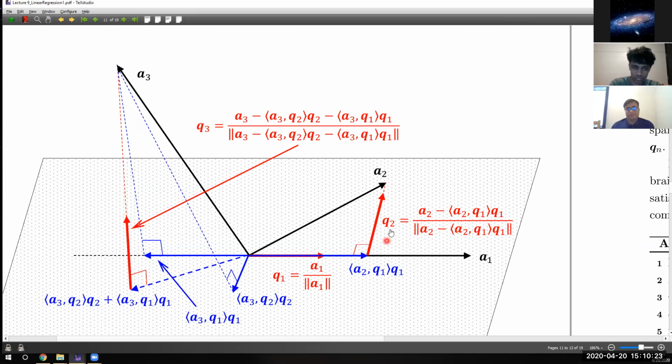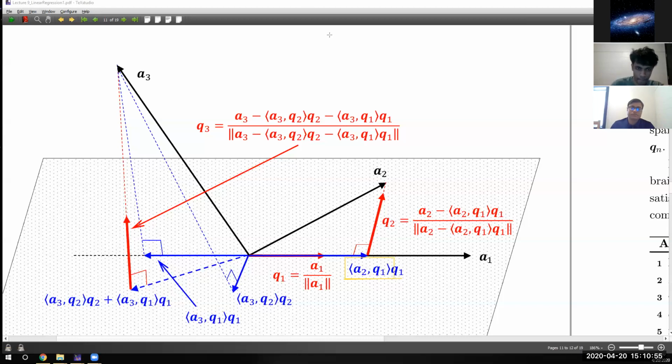Okay. So to this end, I make Q2 equal to this. First, I make a projection of A2 onto my Q1. Because Q1 is a unit vector, the projection of A2 onto Q1 simply equals this. Let me use a yellow color. Okay, simply equal to this. Why? Because this part,